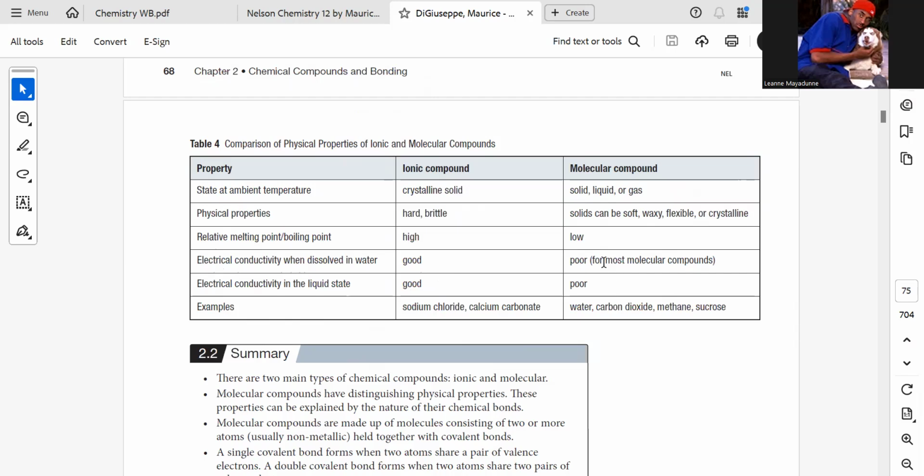Now, here they have mentioned "for most molecular compounds." That means there are exceptions to this. The exception for the discussion, you can write down as graphite. It's a molecular compound which can conduct electricity. So, electrical conductivity in the liquid state,